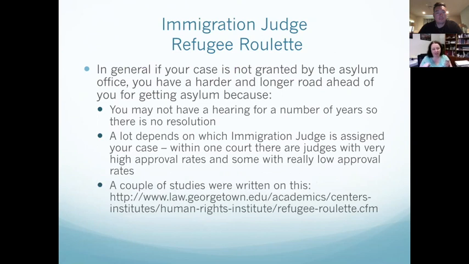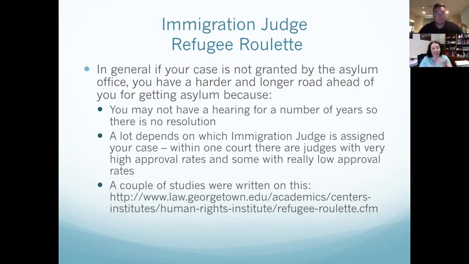There's this study from Syracuse University called TRAC, T-R-A-C. They monitor all the decisions of asylum judges, or immigration judges, on asylum decisions. So when you know what immigration judge you have, you can go to TRAC and see what their grant rate is. And Refugee Roulette was a study done by Georgetown University Law Center,